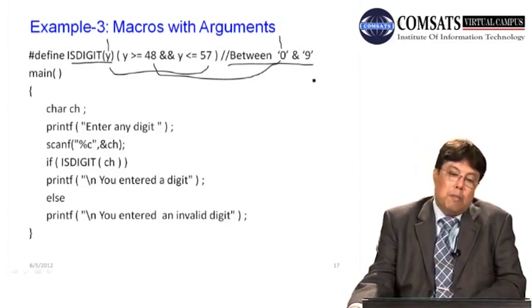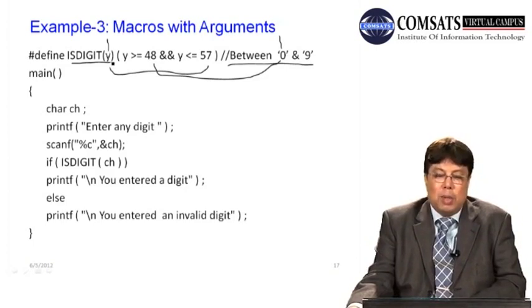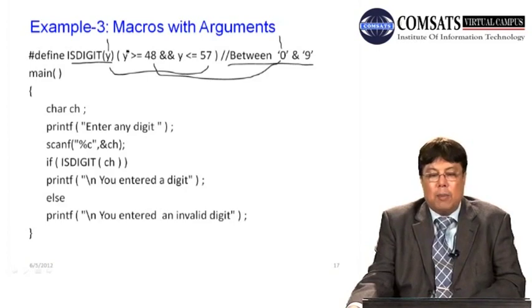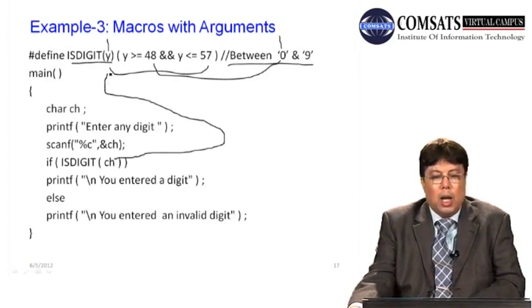The purpose is the macro, and we have demonstrated a use of macro where we have passed an argument y to our macro, which has been expanded in this macro expansion. Okay, and we have simply used it here. What did we pass here? This character we passed on, and where will this character be received? It will be received in this y, and then it will come as if you have written